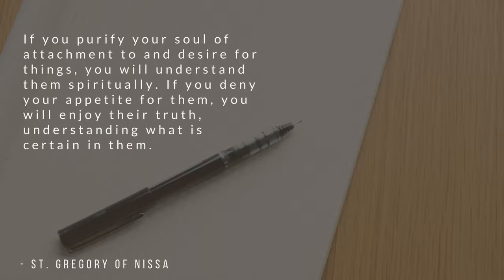All right, I pulled this quote, and it says, if you purify your soul of attachment to and desire for things, you will understand them spiritually. If you deny your appetite for them, you will enjoy their truth, understanding what is certain in them. This is kind of a brainiac quote, but I like it, and I thought it was particularly poignant for Office Week because